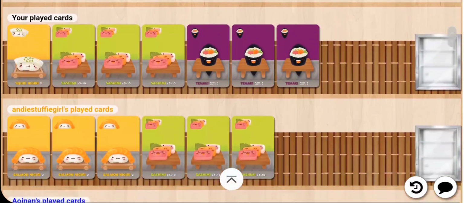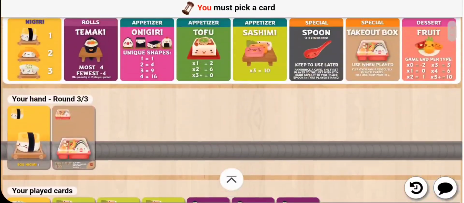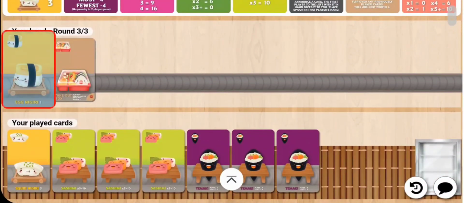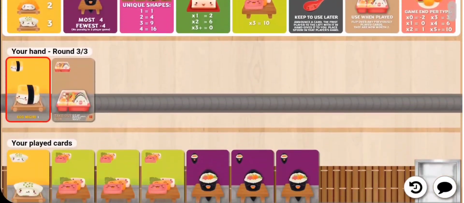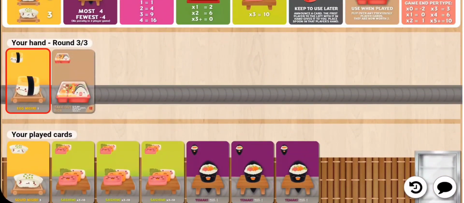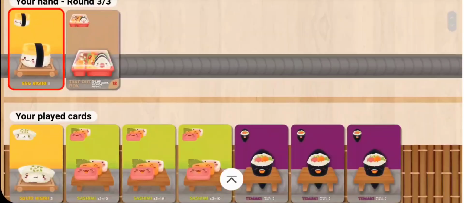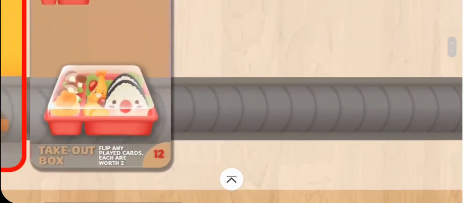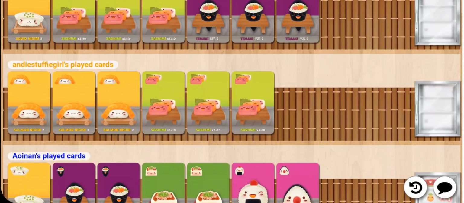I'm thinking the right move is to do the egg nigiri. I don't want to do any takeout right now. I'll be fine doing a takeout later with the egg nigiri. Apparently the egg tastes better when you take it home and microwave it up. But eating it with the rest of the sushi is not your favorite thing to eat. Yeah, I'll give the takeout box to the next player, and it's really not going to matter because Andy Stuffy